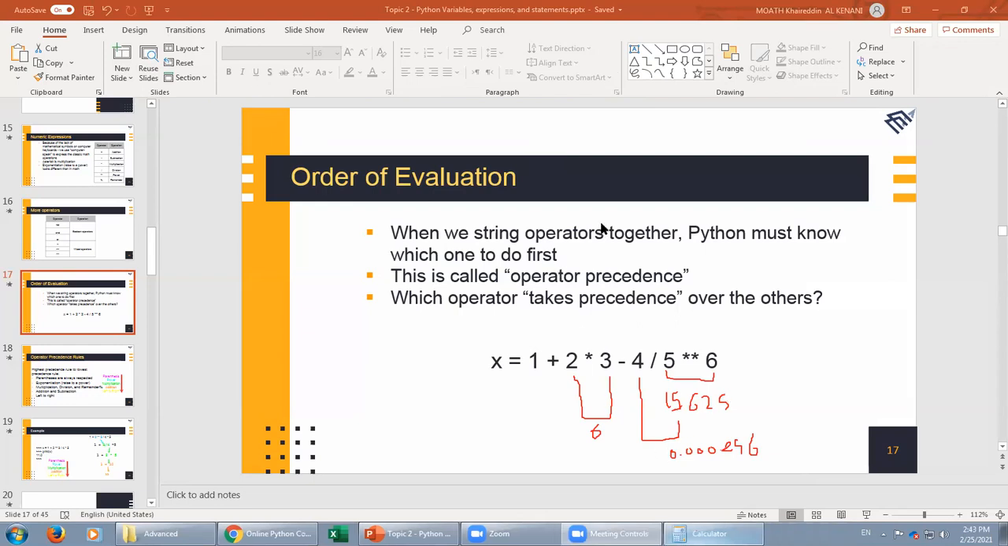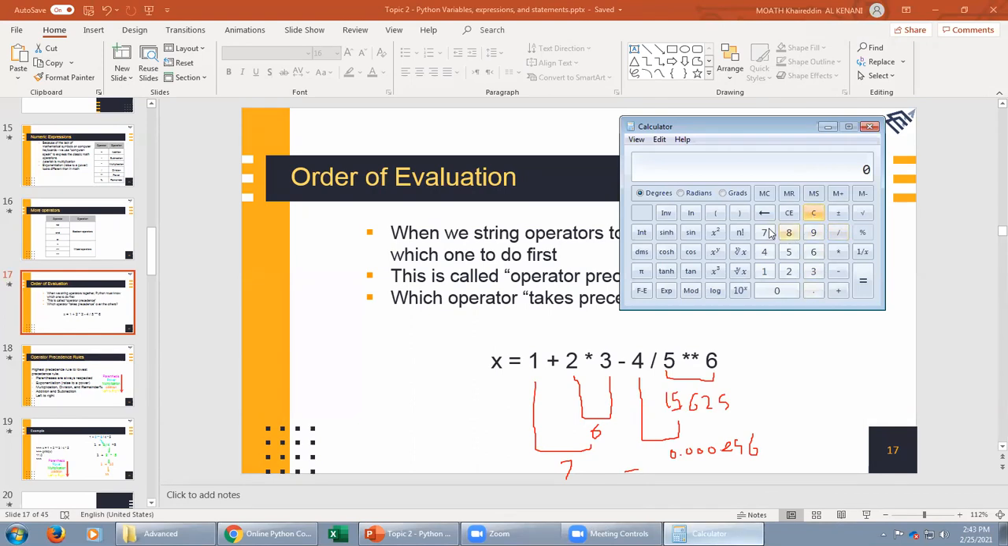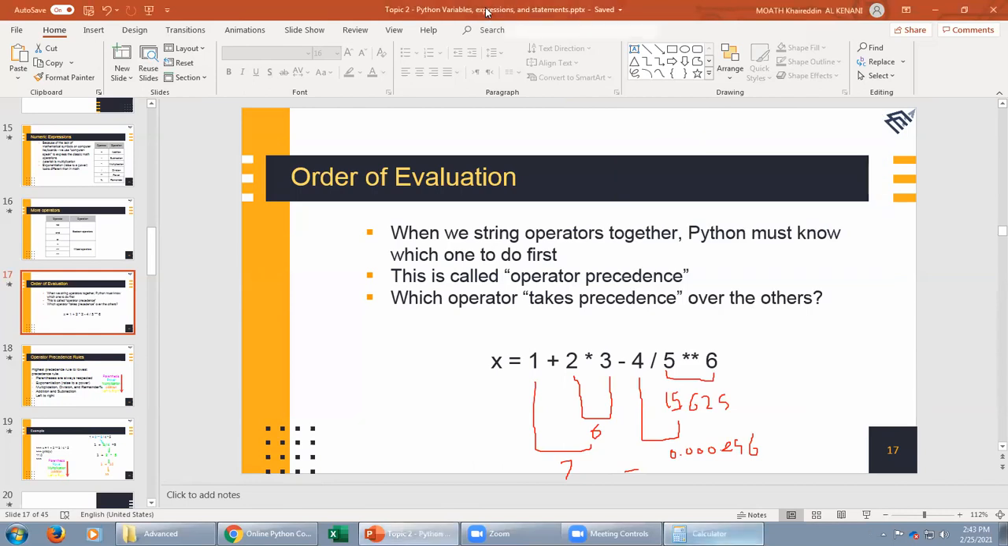الآن وين يا شباب؟ ببدأ بالجمع. 1 زائد 6 7. خلصنا من الجمع، وين بروح الطرح؟ 7 ناقص الرقم اللي هنا بيطلع الجواب. الآن لو جربنا هذه المعادلة كاملة